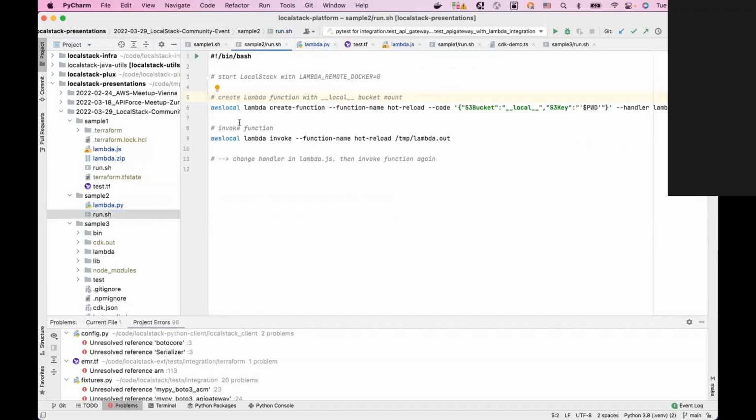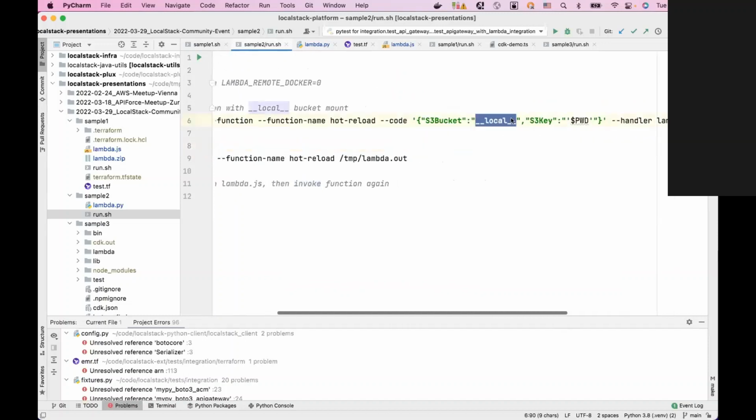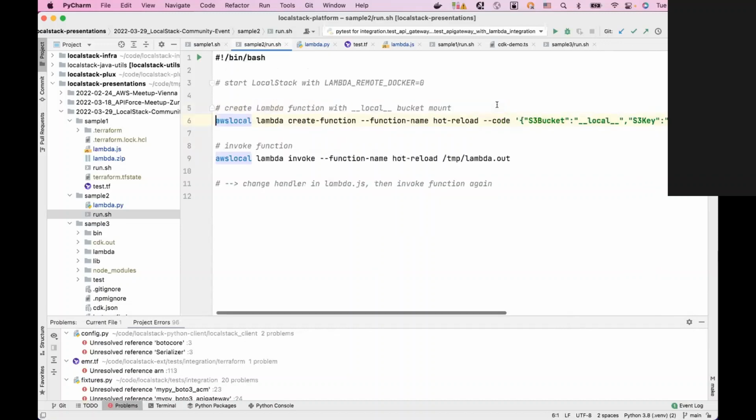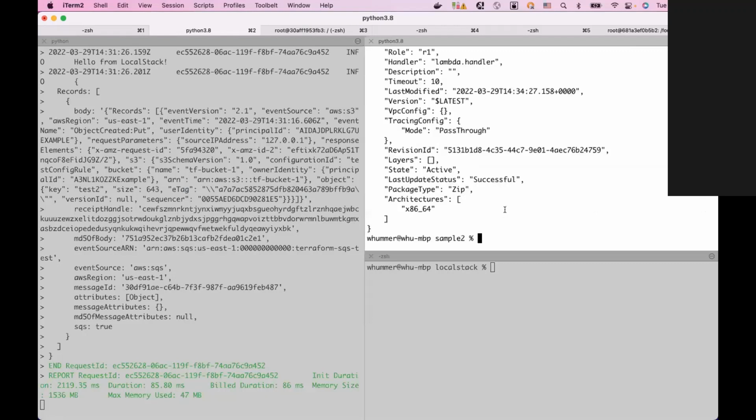Now what we're going to do is create the Lambda function again with our AWS local commands, but this time we're using a special marker name for our bucket, which is __local__. This is a way to tell LocalStack that we want to mount the code for this Lambda function into LocalStack without having to redeploy the function itself. So I'm just going to create the Lambda function here. And what this is doing is creating the function definition in LocalStack, and